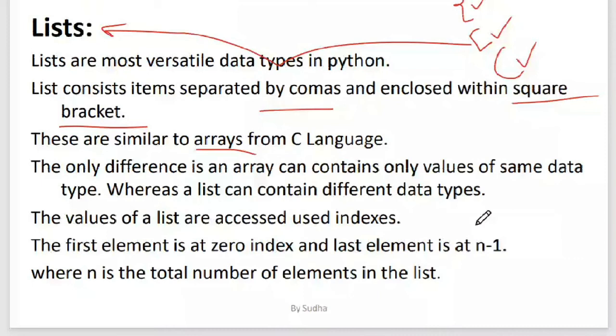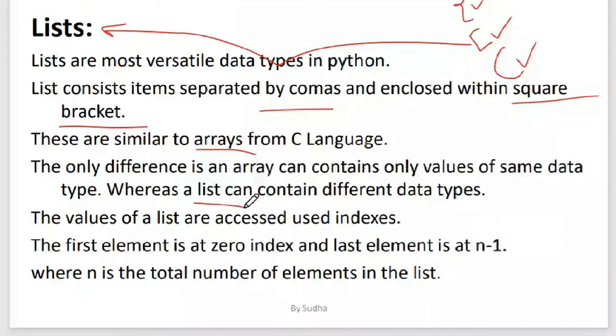You cannot give different data types in an array. If you want different data types in a single variable name, you have to give it in a structure. You can't give it in an array. Whereas here in the list, it can contain different data types.